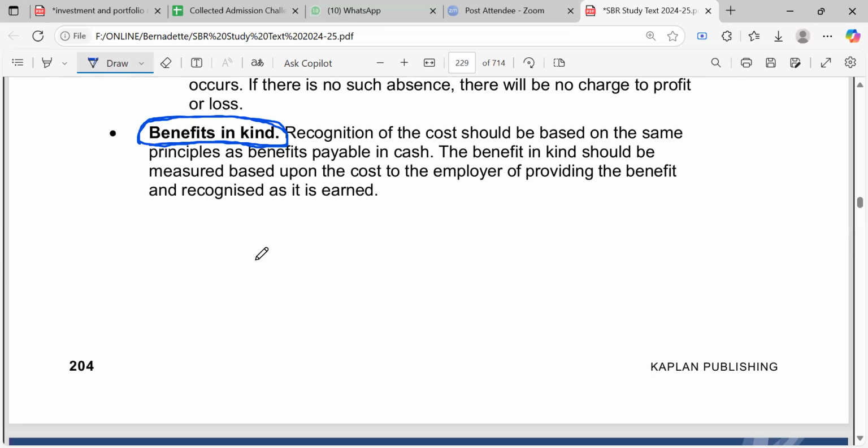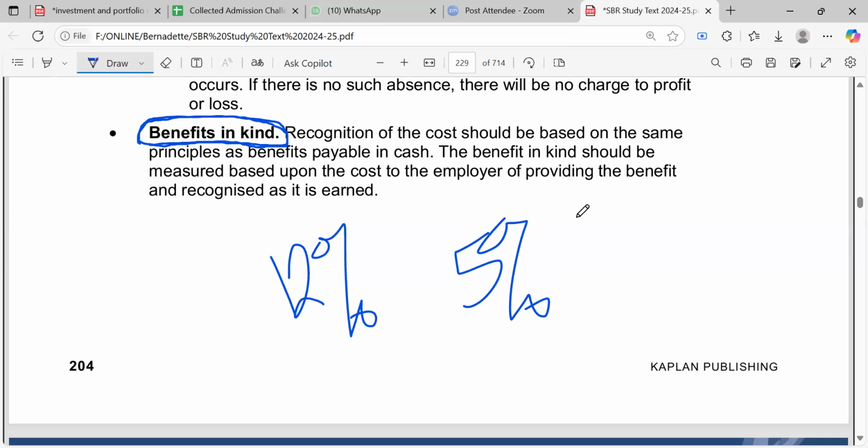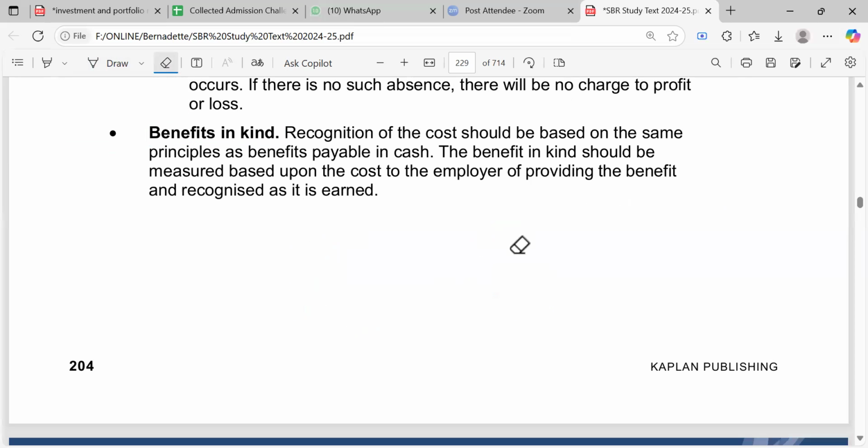Presume you have a loan benefit in kind. Instead of having a loan at 12%, maybe you are provided with a loan at 5%. That's a loan benefit in kind, right? Or the company has provided you with a vehicle to go to the office and back home, and maybe even with a driver. That's a benefit in kind. The company has provided you with a house to stay in, or they provide you with the rent amount. That's a benefit in kind. So that's what we say is a benefit in kind.